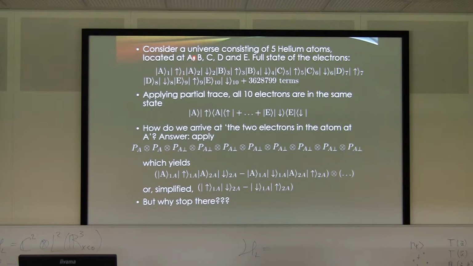If you then write down the full 10 electron anti-symmetrized state, we get this. So I've written down the first term, which says, well, we have an electron at A having spin up, but also spin down, and at B, spin up, spin down, C, and so on. And then we have to anti-symmetrize it, and you do this 10 factorial minus 1 times, because you need to have all the possible ways to swap the labels.